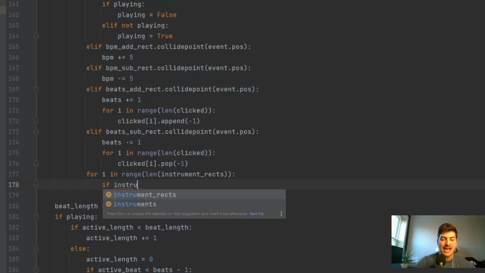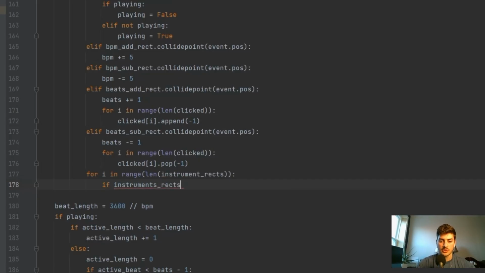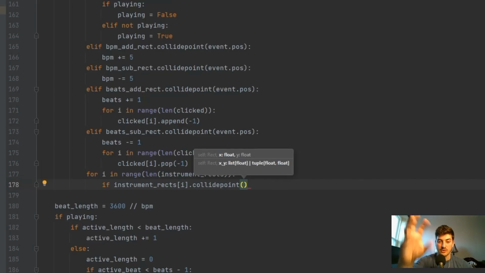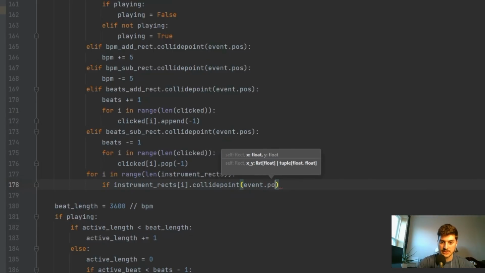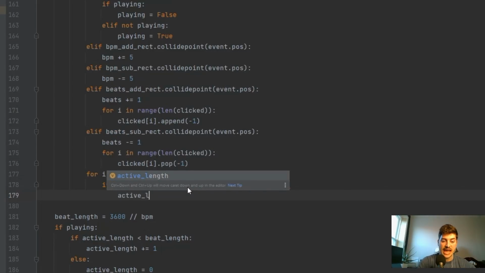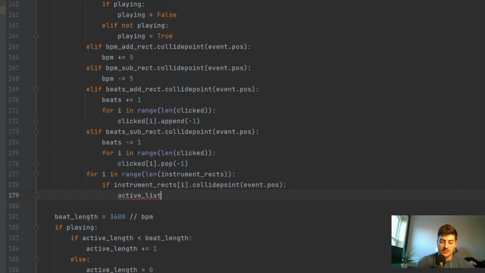instrument rects, sorry, I try to give my variable names long descriptive names so that as you guys are following along, it's pretty clear what everything is, but these are maybe longer than you would want to use in an optimal project. But we're going to check if every rectangle in there was clicked. We'll say if instrument rects.collidepoint with event.pos. Then what we'll do now is create a new list, and I'll call it active list. And we will set whatever instrument was clicked, so whatever is at active list i,